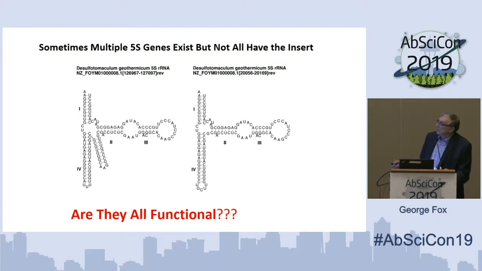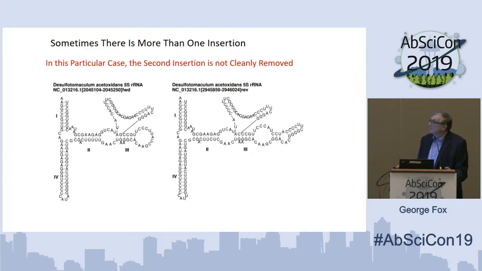So this is in the same organism. You see, you've got the insert here in this case, and it's not present here. And so that raises the question: when there's more than 1 copy, is this really functional? We suspect so, but we haven't done any experiments to indicate that. So here's another case. Sometimes there's more than one example of the intron. Here's a case where we have, in the same organism, two different versions of the 5S RNA, one of which has the